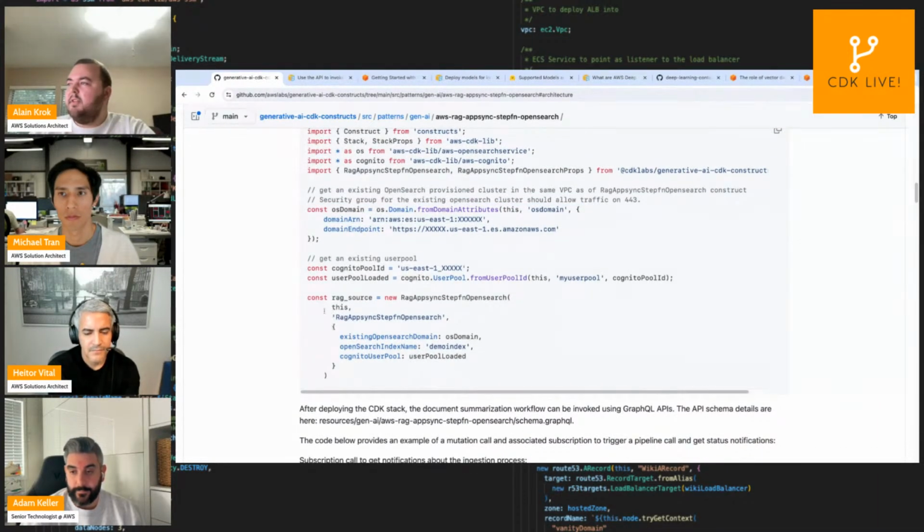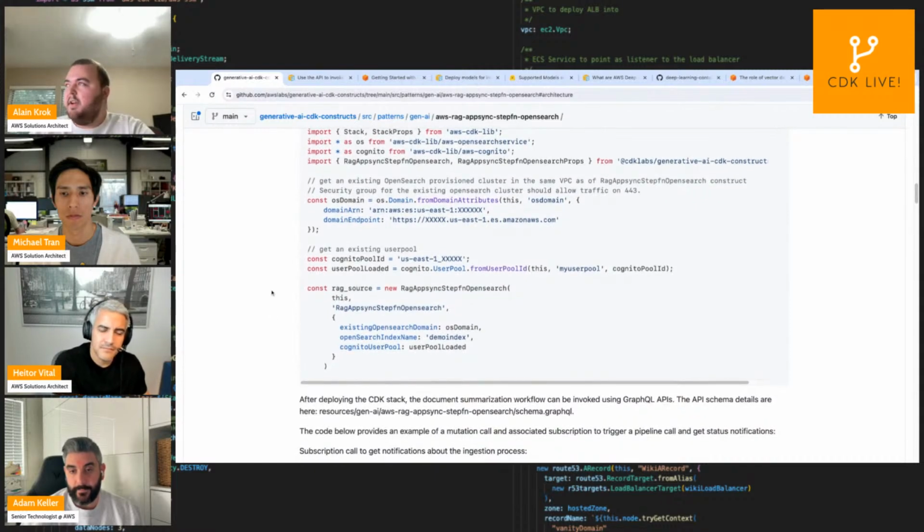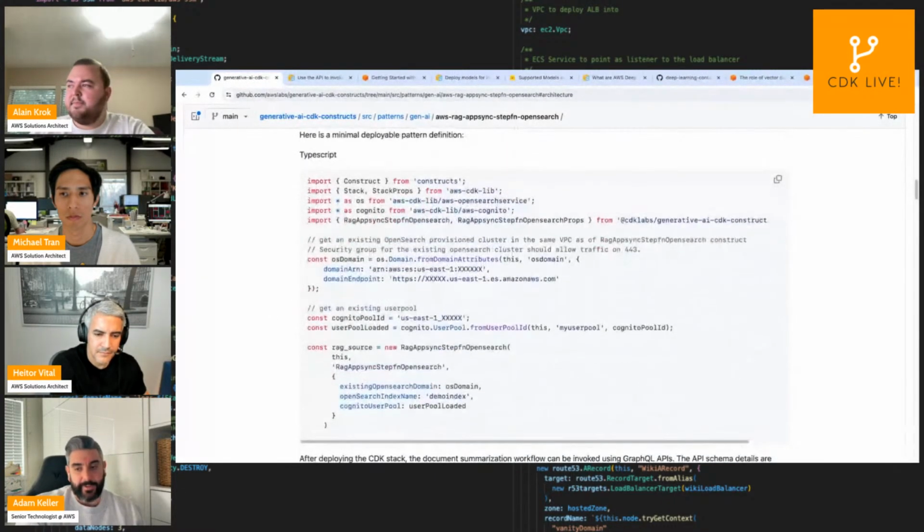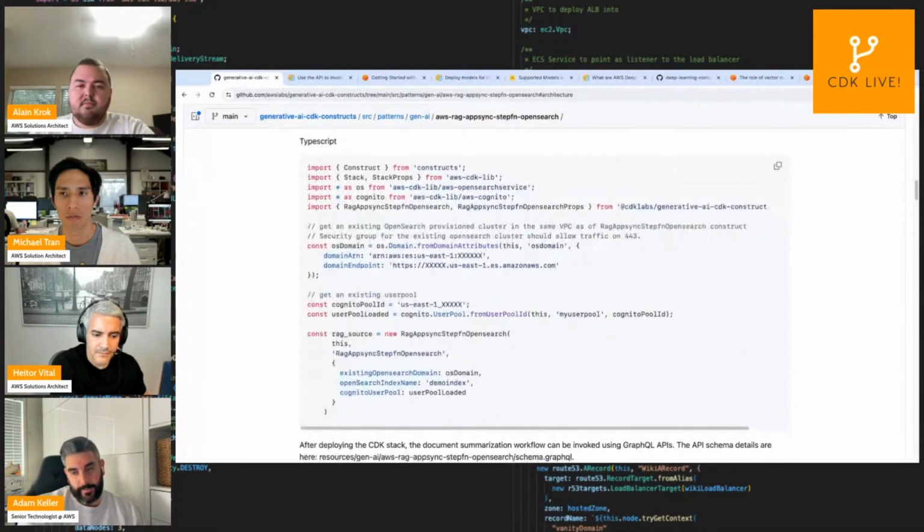Then you just need a few lines of code, and that's it. This will deploy in your account this entire workflow that we just saw. And by the way, in this CDK app, I could build the OpenSearch cluster here and the user pool here, and then pass those in as well, right?